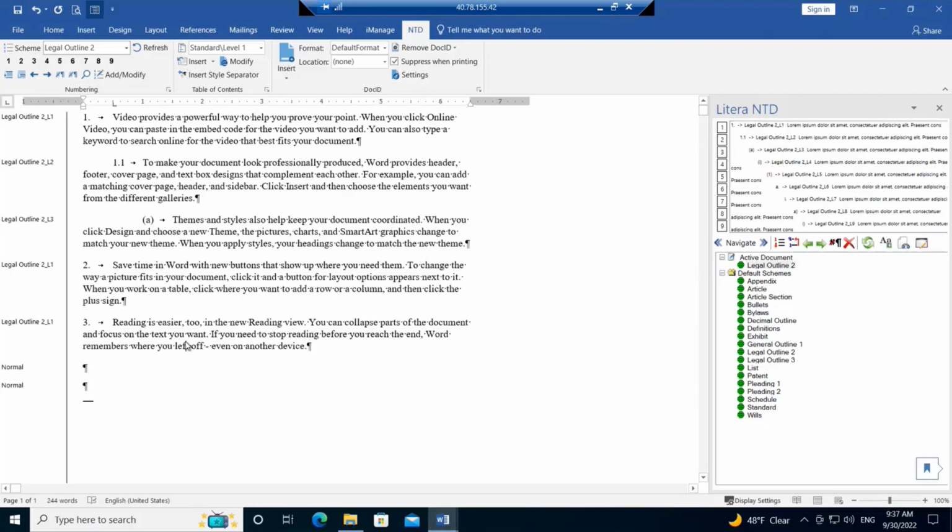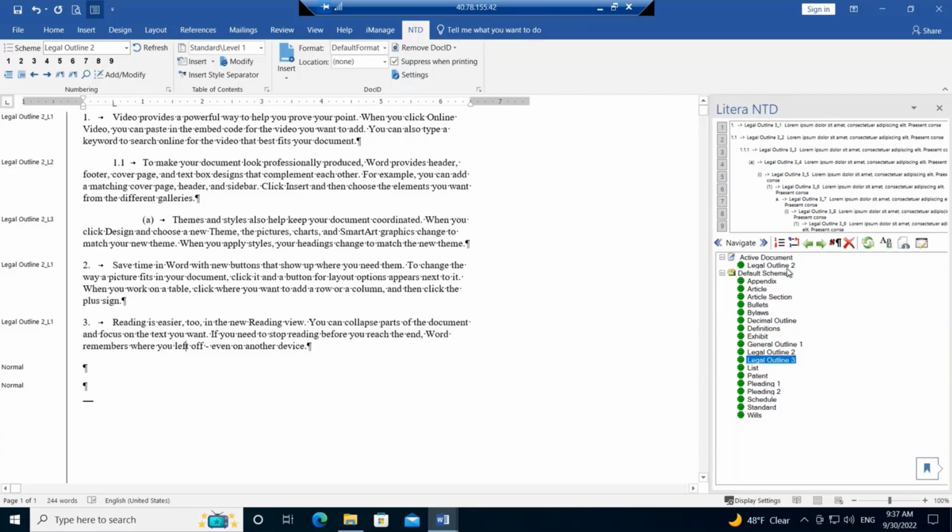Now I realise that I would prefer actually the legal outline 3 level. So I made a mistake, oops. So now I'd like to swap out that numbering, and I've applied that numbering. So it's not a problem. All I have to do is swap that numbering. I can choose to hold down my shift key and drag and drop the legal outline 3 over the top